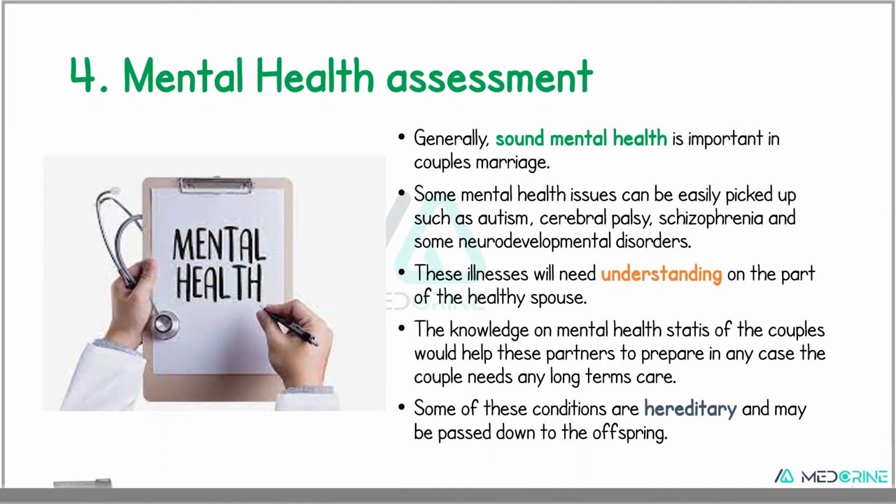Test number 4 is a mental health assessment. Generally, sound mental health is important for couples in marriage. Some mental health issues can be easily picked up, for example autism, cerebral palsy, schizophrenia and some of the neurodevelopmental disorders. These illnesses will need understanding on the part of the healthy spouse, and